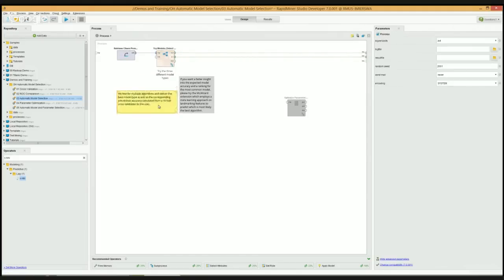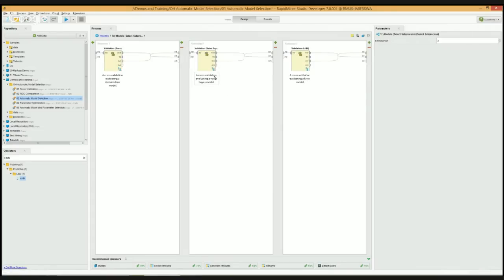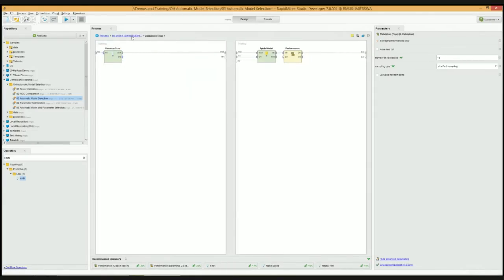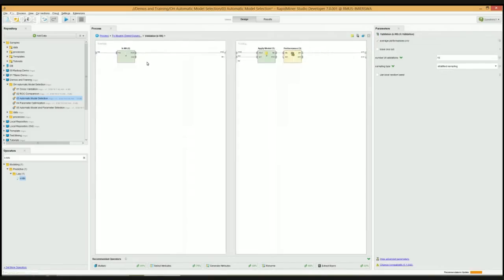Okay, let's have a look first what's happening here. So I added this operator first here. Forget about the optimized parameters for now. I added this operator here, which we call select subprocess. And if I go inside, you can see that I have three different subprocesses in this operator. And I can add another one and delete it again if I want, but let's just go with those three. And every single one of those subprocesses is just calculating a cross-validation, one cross-validation for a decision tree. And then let's go up again, one cross-validation for a naive Bayes. The models I just used before on the other data set, and K nearest neighbors again, with a value of